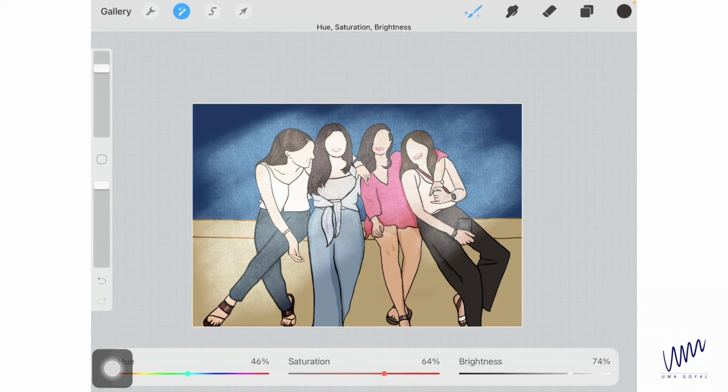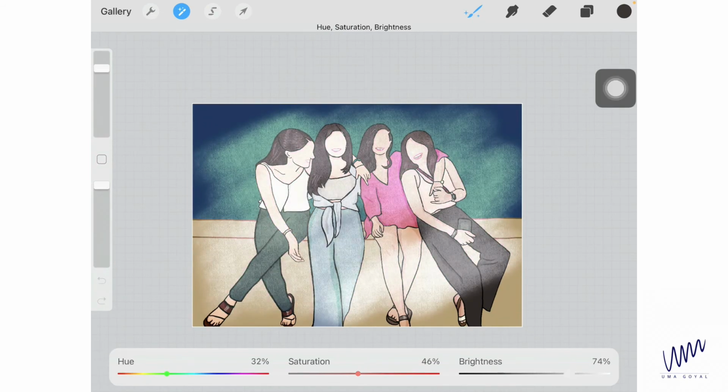Wherever I'm moving my pencil, it's going to apply that effect. Now, one more amazing thing about this filter is that it is a dynamic filter, I can still make changes to it as long as my effect settings are open. When you're drawing landscapes, I think it's going to be of great help. And so I think this looks so amazing.